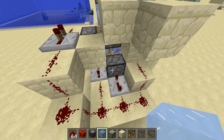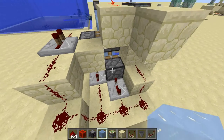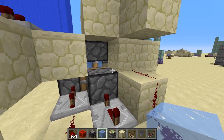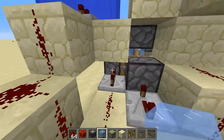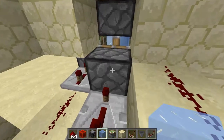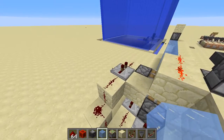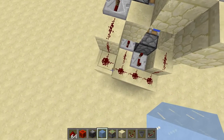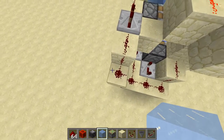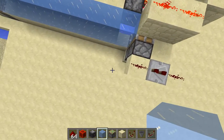This piston right here that pushes the blocks along the line, that's the same. I changed this piston, the one that pulls the block away from the observer block. I just added 1 tick of delay. So it was 2 ticks, now it's 3 ticks. And the reason I did that is to make enough time for this third piece that I've added, or fourth piece, I suppose. So the redstone line comes around here now, goes into a 2-tick repeater,